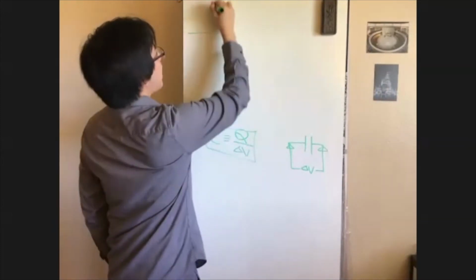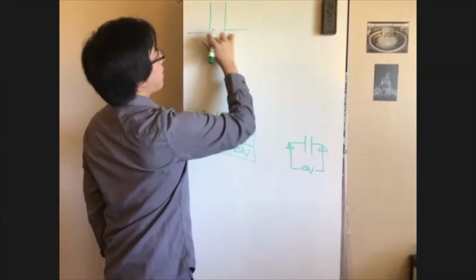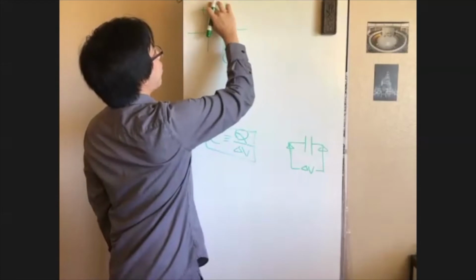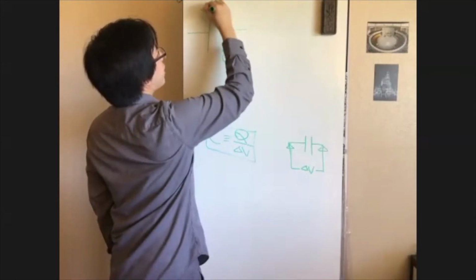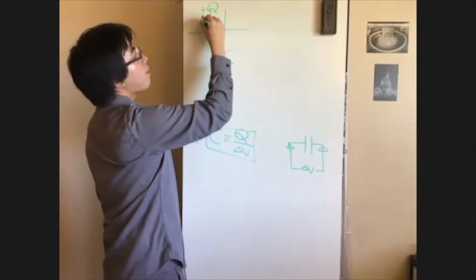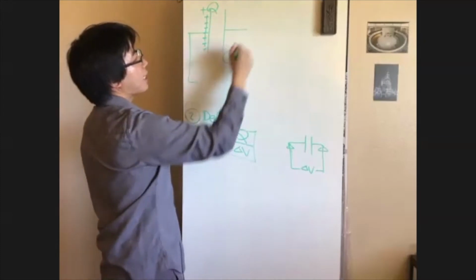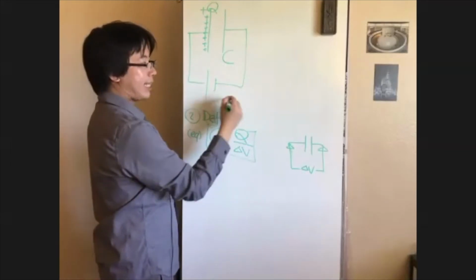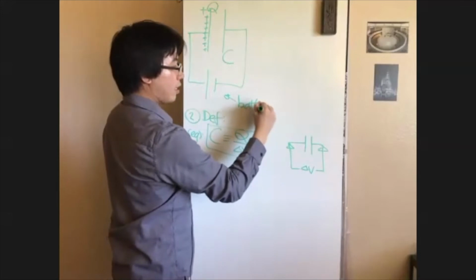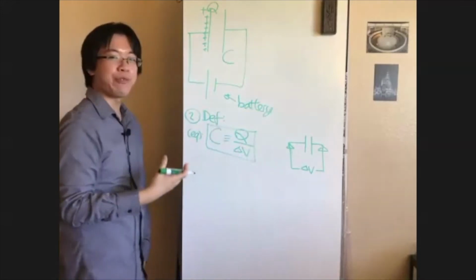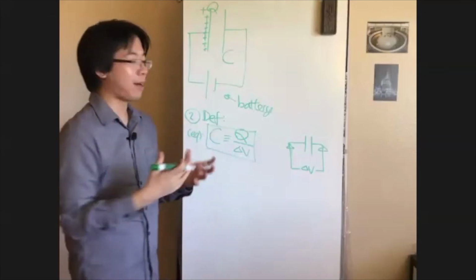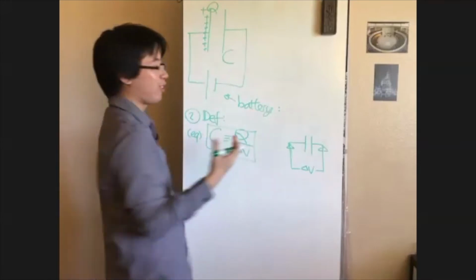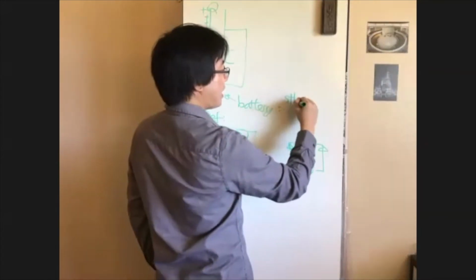All right, so now let me imagine I have a big capacitor like this. The way to solve the problems, what I like to do is always label all the charges on the plate. So if I connect this to a battery like this, the battery is basically a device. If you ask a chemist what a battery is, they'll give you a very complicated answer. They'll tell you about ions and ionizations and chemical reactions. But to a physicist, a battery is a very simple definition. It's something that sets up